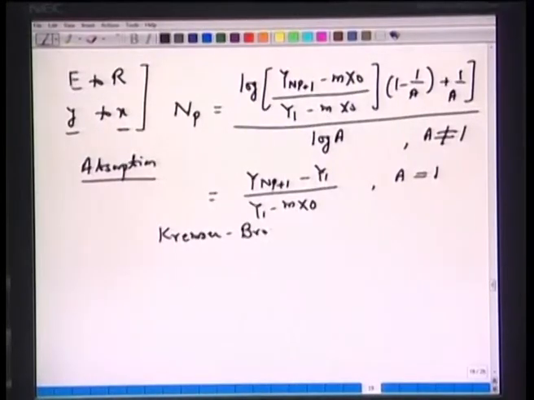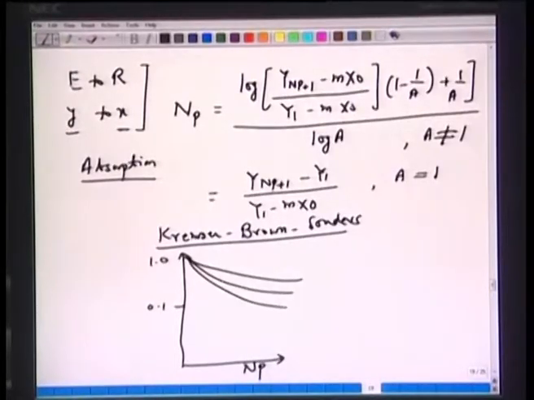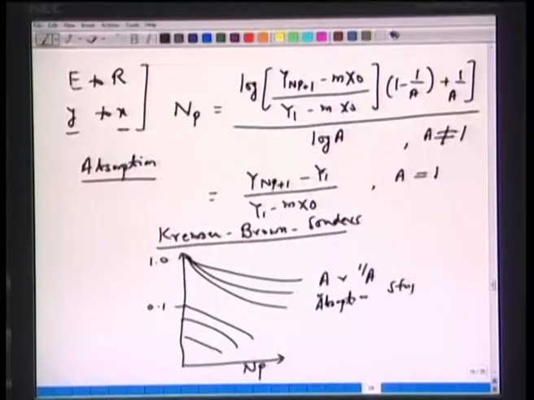Brown Saunders equations, and the same equations have also been given in the textbook in graphical form. You can have NP, number of stages, and you will see different coordinates, different numbers here, a set of curves for A or 1 over A, stripping, absorption, two different cases